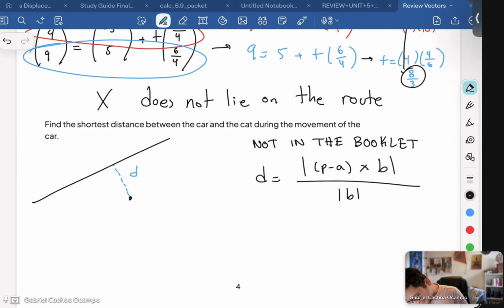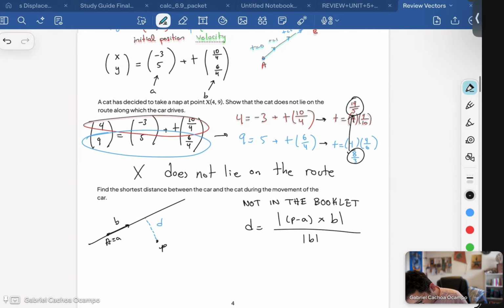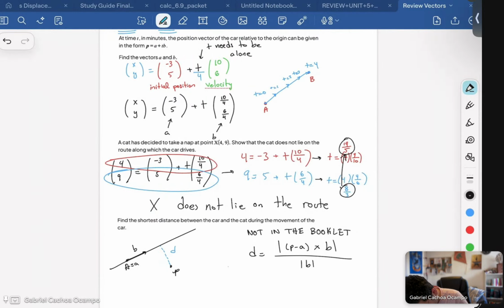No. You need to work together. So, this formula, I am not giving it to you. And if you just memorize it, remember what part is what. P is the point outside of the line, no? A is my initial position of the vector, o sea, A, and B is the velocity vector. So in this case, P, for example, is 4, 9, the point that does not belong to the line. A is negative 3, 5, and B is,